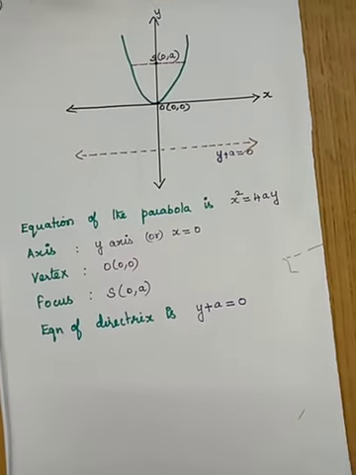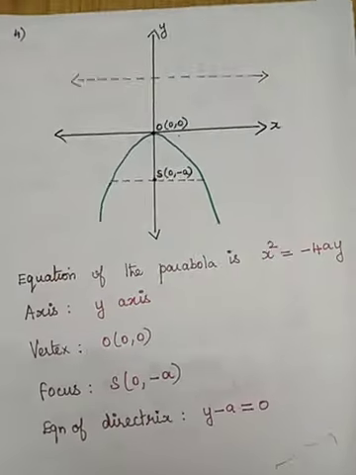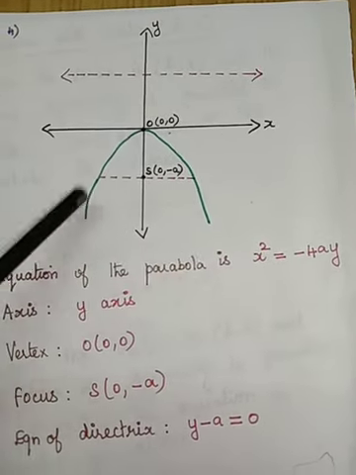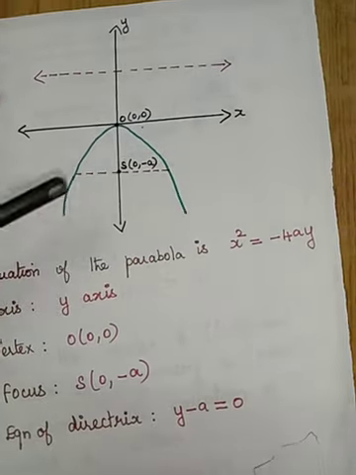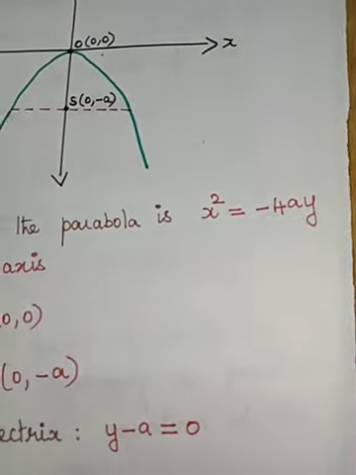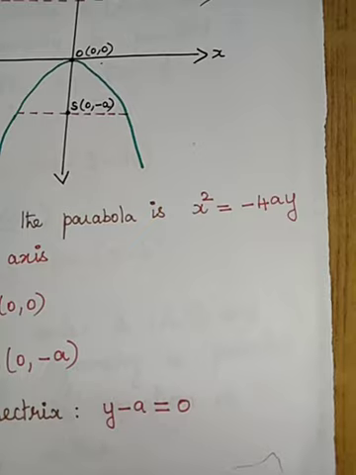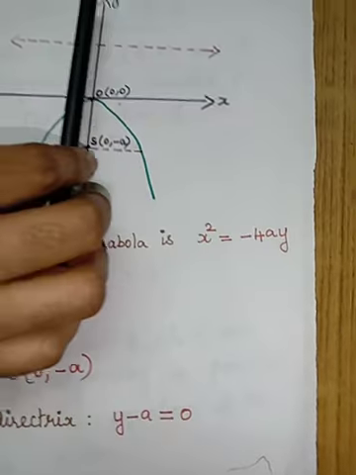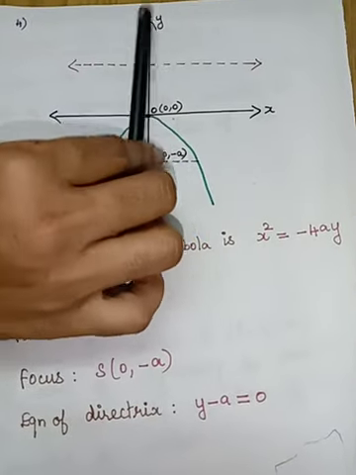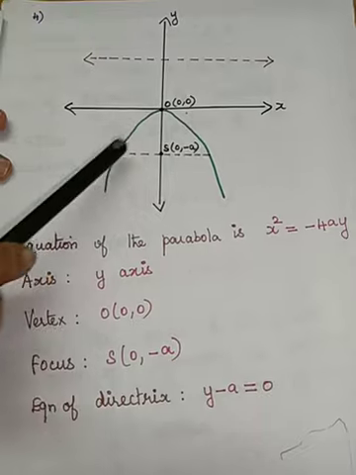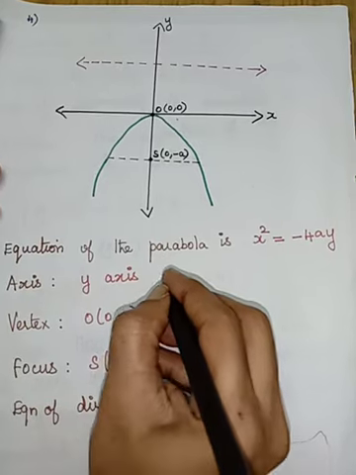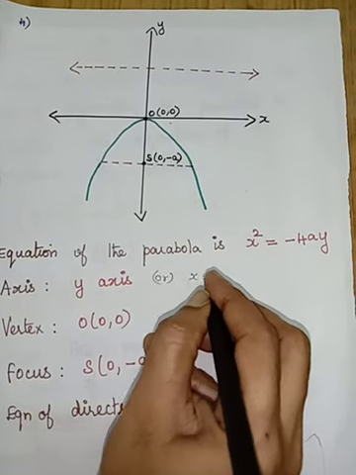Okay, so see the fourth type of parabola. How does the parabola which opens downwards look? Opens downwards means whose equation, how will it be? x squared is equal to minus 4ay. The parabola which opens downward has the y axis as its axis of symmetry. The y axis divides the parabola into two equal parts, and the equation of the y axis is x is equal to 0.